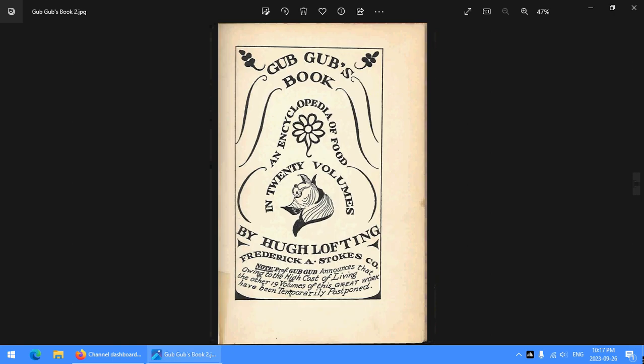Well, we're still in Dr. Dolittle, but this is a side bit. Gub Gub's book, an encyclopedia of food in 20 volumes. Note, Professor Gub Gub announces that owing to the high cost of living, the other 19 volumes of this great work have been temporarily postponed. This is, of course, the title page. This is a side bit,